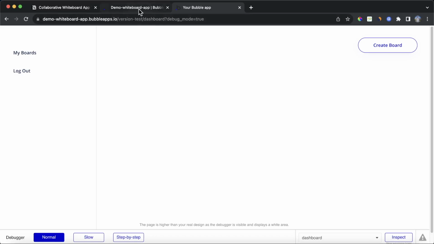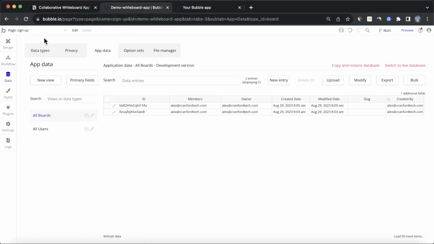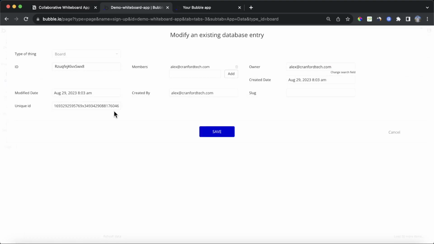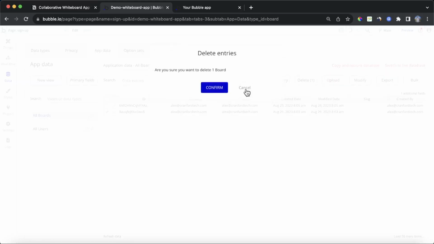So it doesn't look as though anything is happening on the actual app itself, but if we go into the database, what we will see is we now have two boards, and it looks as though it has assigned me to the original board. That's likely something to do with Bubble's cookie sessions, where they realize now that I'm the logged in user. I previously was the person that created that board. But if we look at the new board, and I'm going to delete the old one just to keep things simple,